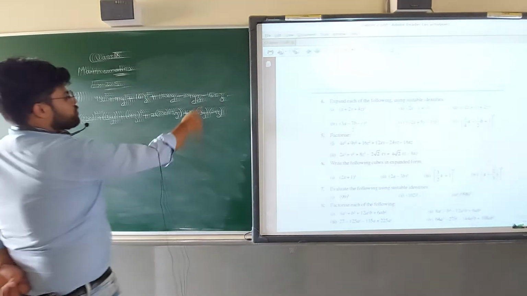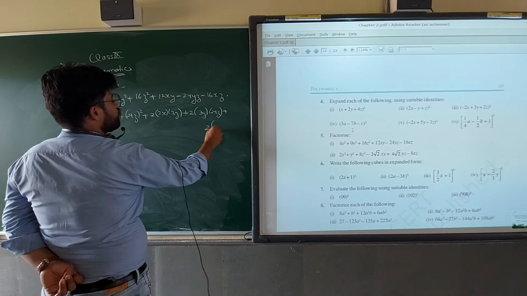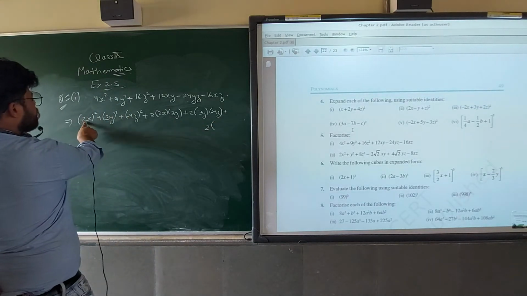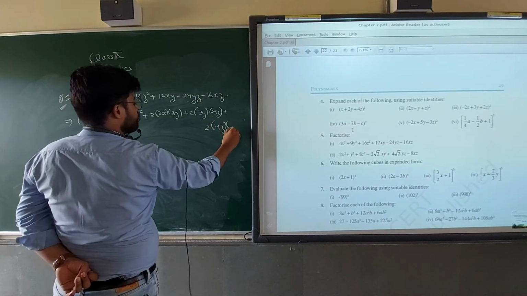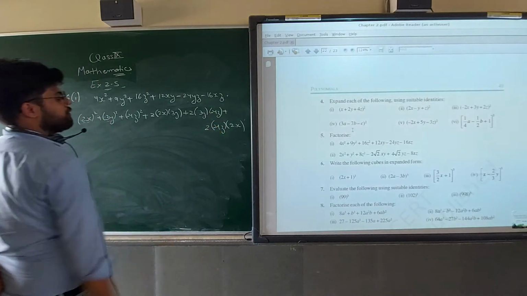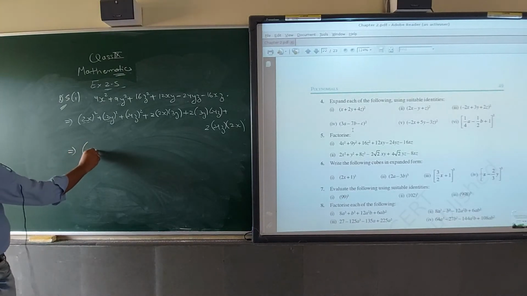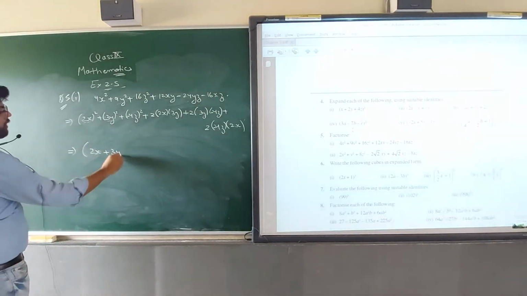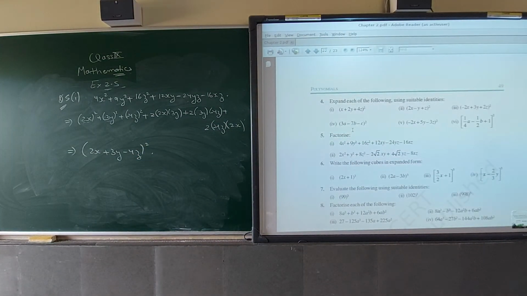Okay. And the last one is what? Plus 2. 4 and 2. First and last. 2, 4z and 2x. Now again the answer is coming minus because we know the 4z is the minus 1. So here we have to put minus. Okay. And this will be the square of which one? 2x plus 3y minus 4z square. This one is square. This is the simple way for doing this question. Clear this one? Now, second part.